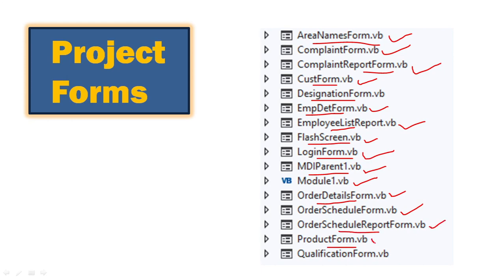Product form, this is about the product. Qualification for the employee, so what qualifications you can enter. When you enter an employee, we link to the employee form, so we can select one from the list. So these are the forms. Naturally you need to plan this way, and in each form you can have multiple fields. We need to know what fields should come in each form, which I'll demonstrate in the project. You need to write down all these things and then try this project yourself.